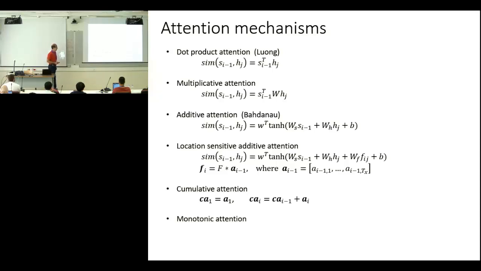of the previous time step i minus 1. And finally, as you will see in many public implementations of Tacotron 2, people usually use cumulative attention. For example, instead of using a_i alone, they accumulate the attention because they found that this is more stable and recovers more easily from errors. Also, there is a monotonic attention, but because we are not going to use that, and because of the time, I'm not going to describe it right now.